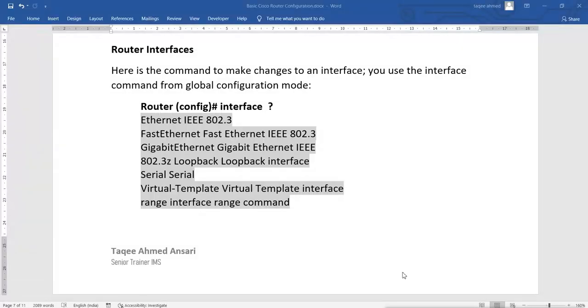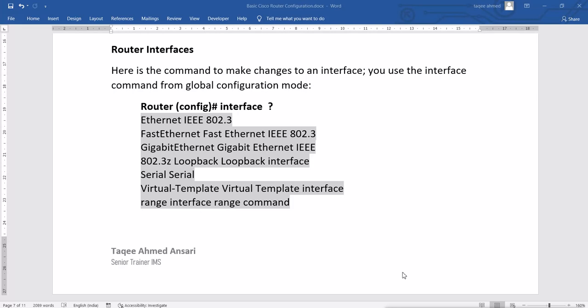Now the next thing is to configure the interface of the routers. Configuring the interface of the router means assigning IP addresses on the interface and some other configurations also.